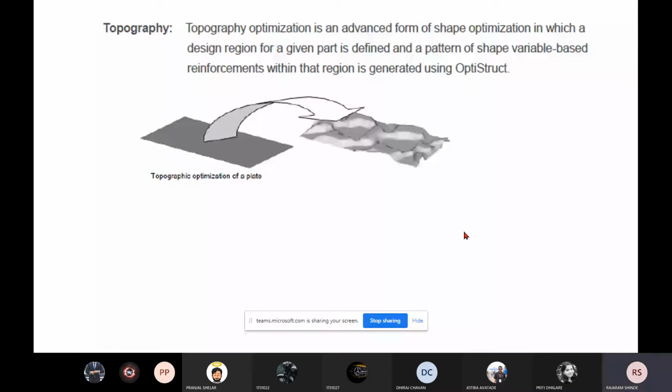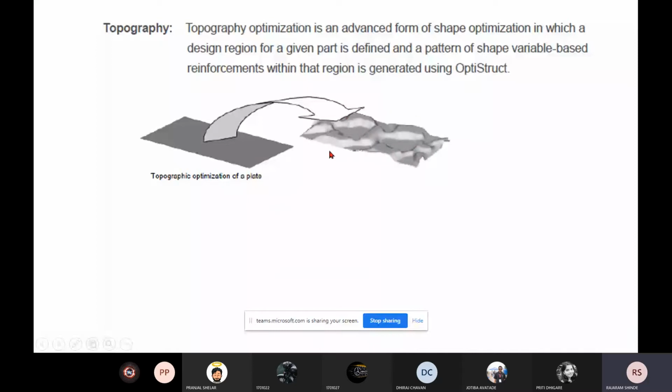Same thing, see here, this is one plate. Now when we apply the load at any corner, it will deflect. It is a very small plate of very small thickness. When we apply the load on this plate, it will deflect. Now I have taken the same plate, and when I use this type of uneven portions, then what will happen? It will not deform, or deformation will be less as compared to this one. That means in this way we can improve the strength of that plate.